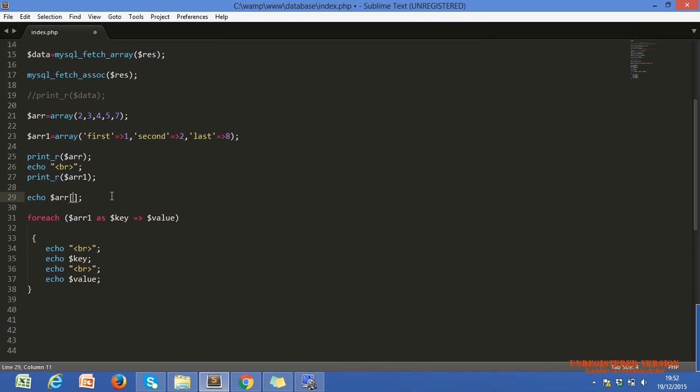Means I want 4, so it is on 0, 1, 2, the second position, I have to pass 2. But this is not readable or user friendly. Sometimes we get confused. But if I just use second, then we know second is assigned 2, and last is assigned 8. Now if we echo, we will get 4.